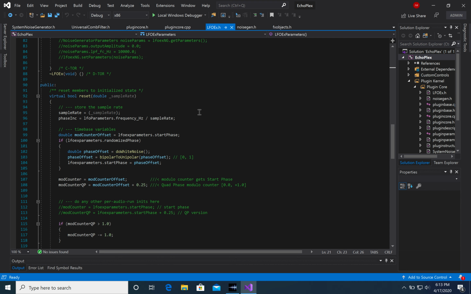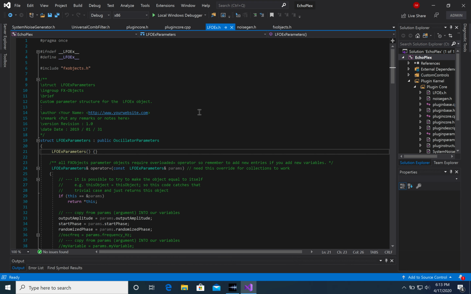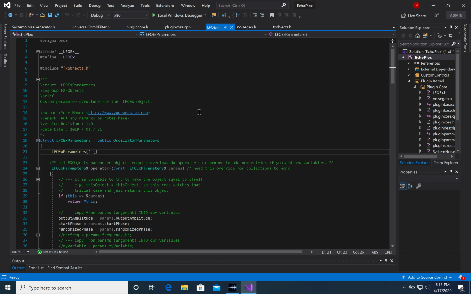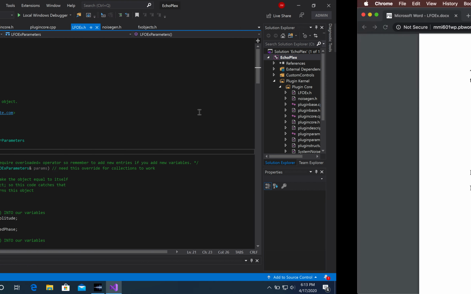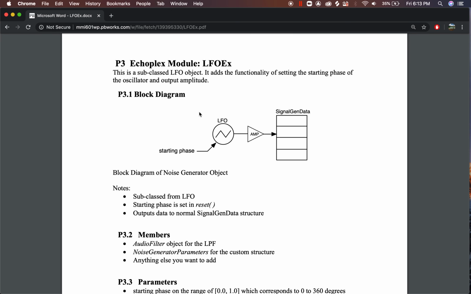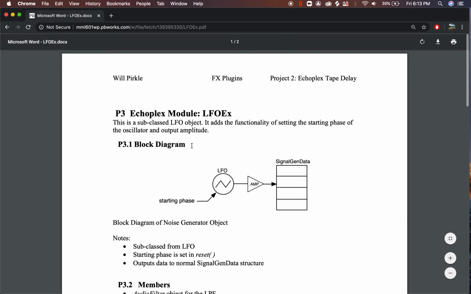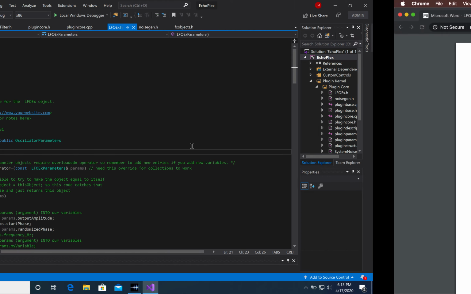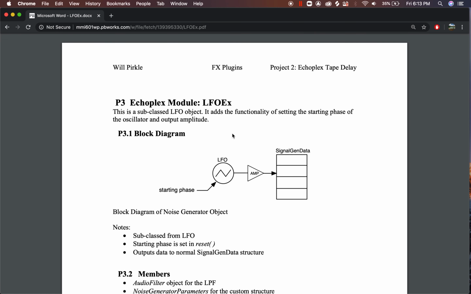How's it going, guys? I'm just here to give a quick overview of my LFOEX object. It's actually completely Will Pirkle's code. He's my instructor for plugins. He has us designing an Echoplex plugin, and one of the components or modules is what we call an LFOEX, which takes or